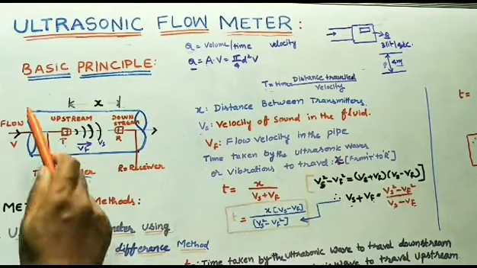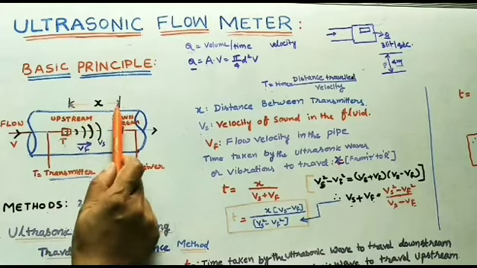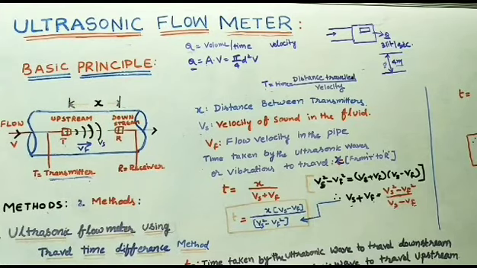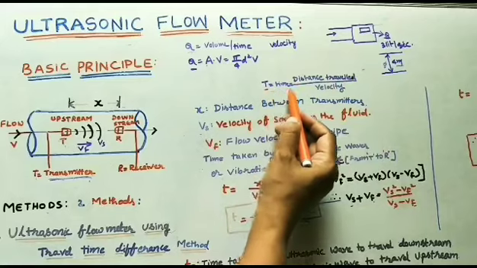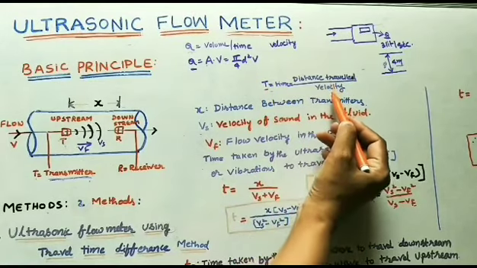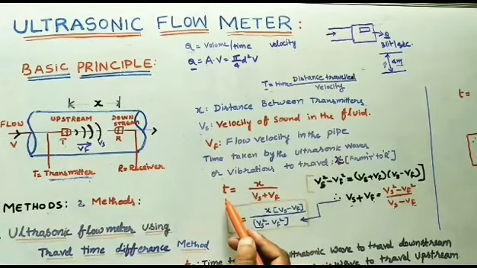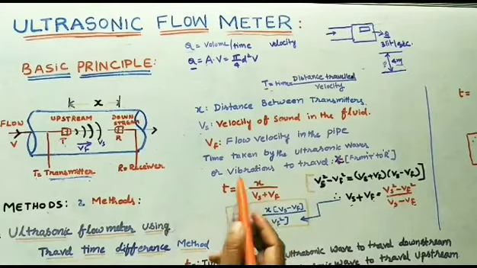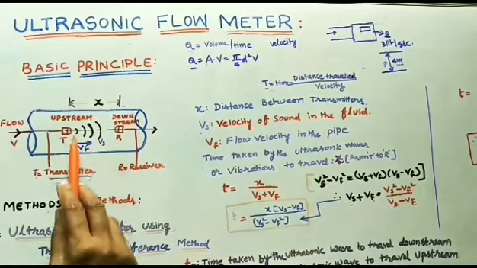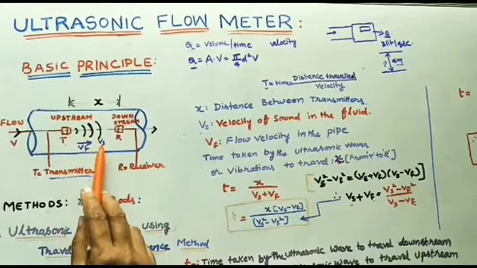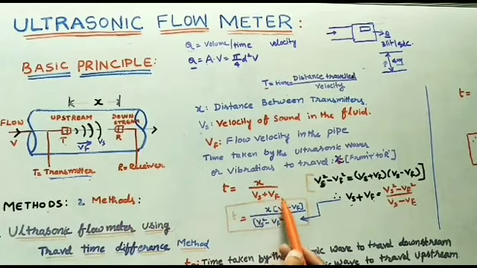Now according to this basic principle, we have to find the time traveled by this wave for x distance. In automobile vehicles, we find how much time the vehicle takes to travel from one point to another using the formula distance by velocity: t equals S by V. I am using the same formula here. Small t is equal to the distance the wave is traveling, that is x, divided by the velocity. Here two velocities are there, Vs and Vf, both in the same direction, so I am taking Vs plus Vf.